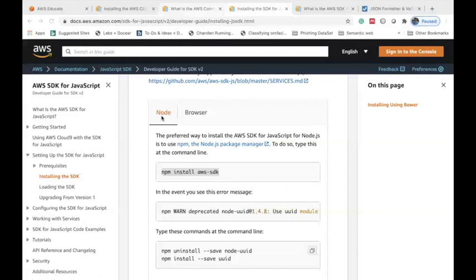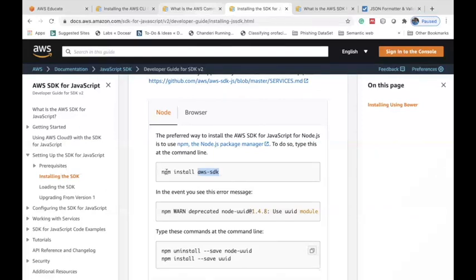This is the Node-based AWS SDK. If you want to administrate AWS from your Node.js program, this is mandatory.